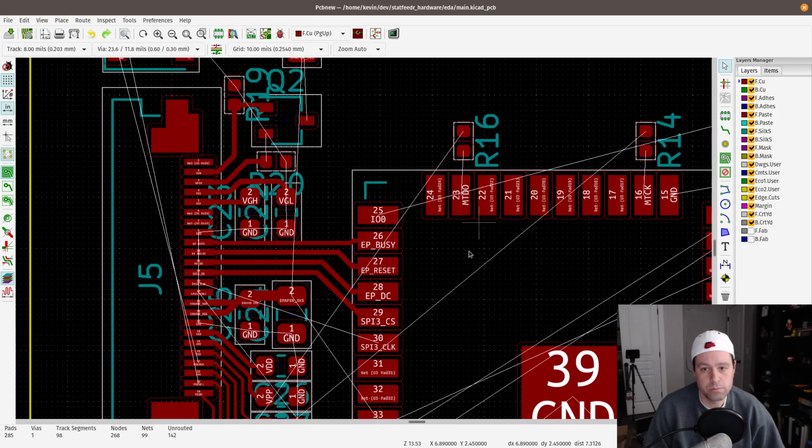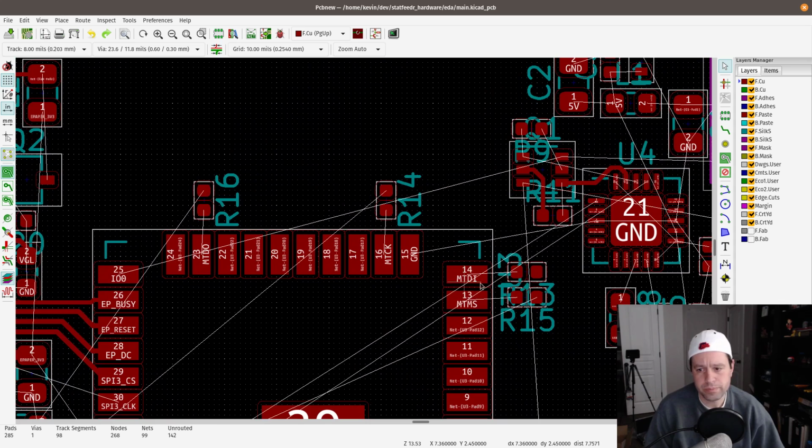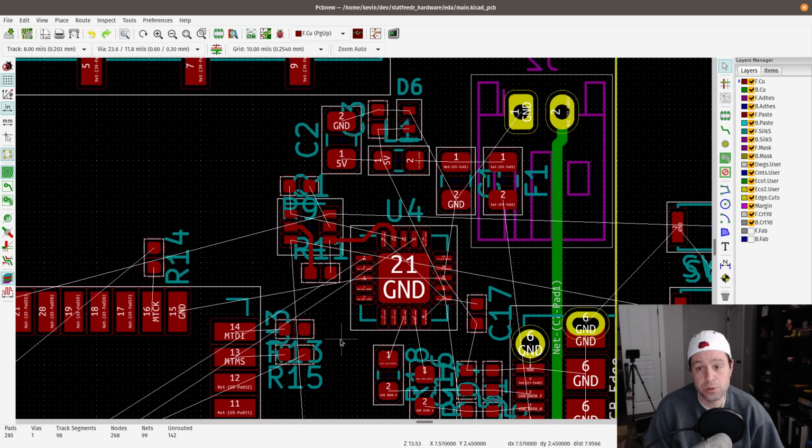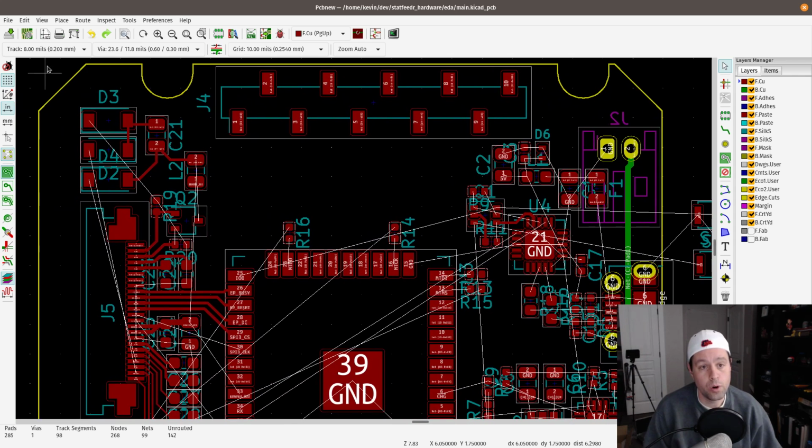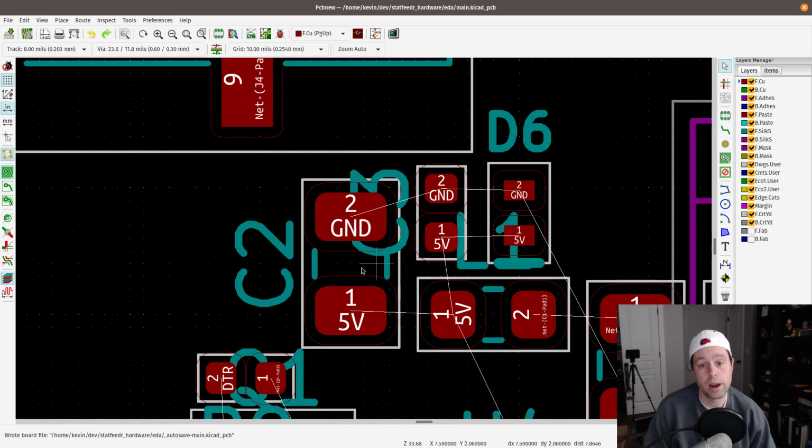We're just, again, connecting all the things and getting all the white lines to disappear. Ground, you're going to want to save for last, as far as I understand, because what we'll do is we will draw a ground pour over the entire board, essentially, and KiCad has a feature that will then automatically draw in every open space that it can find that doesn't have traces. It honors the trace spacing and creates basically a ground plane everywhere,